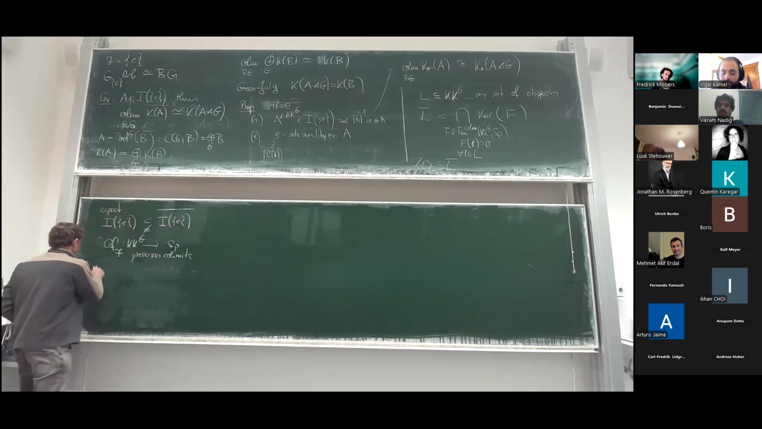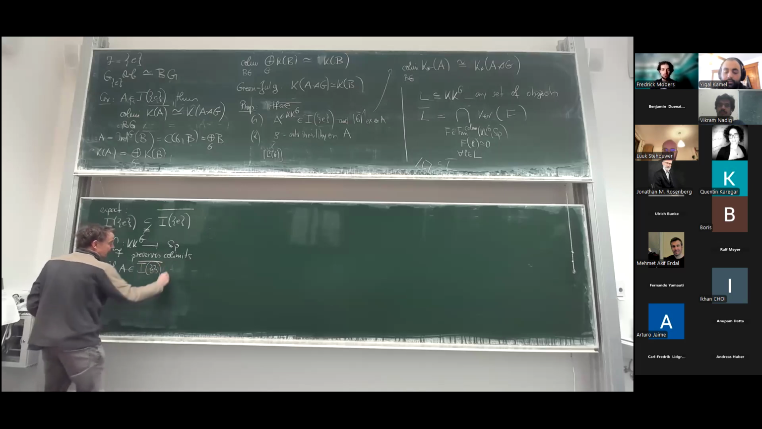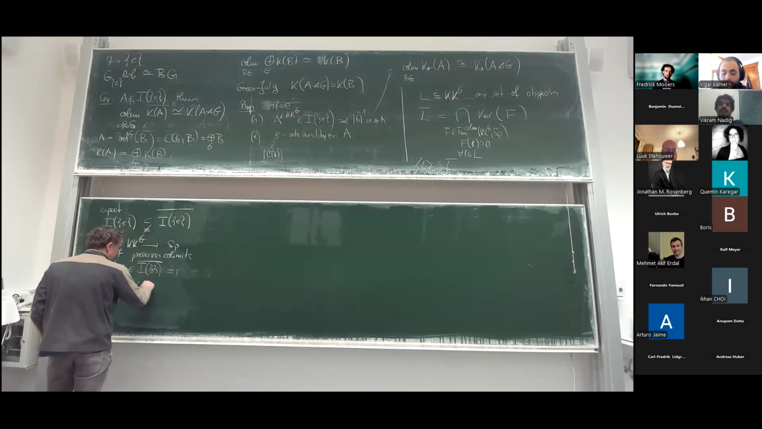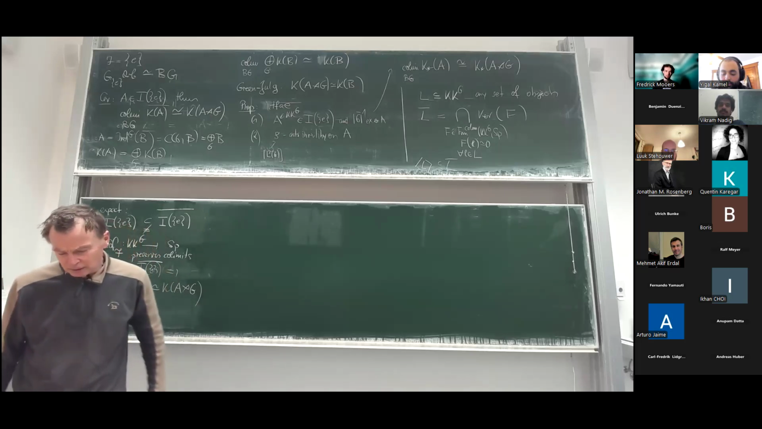This is the point. So corollary, if A is in this probably bigger class, then again, we have the formula. So co-fiber is 0, and so we have this formula. Okay, now